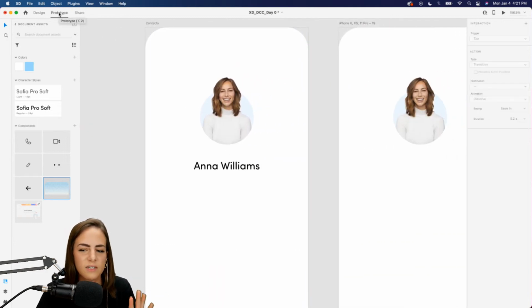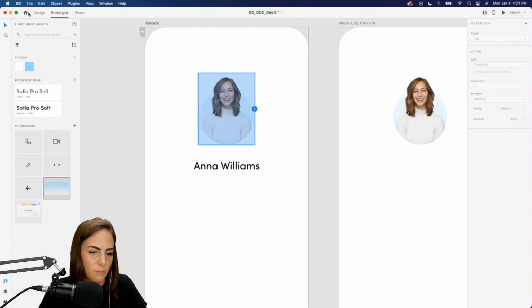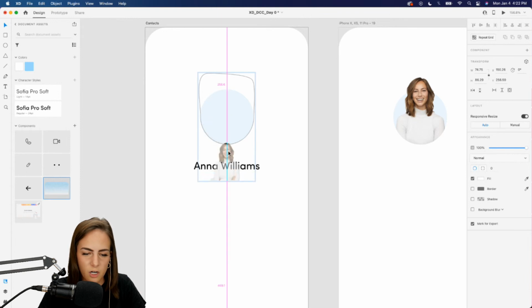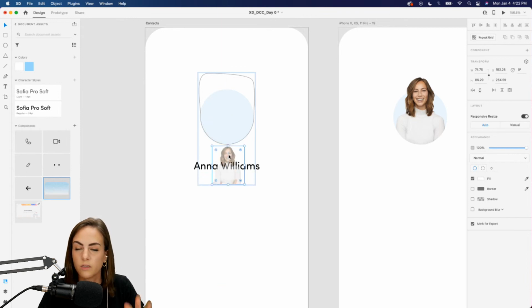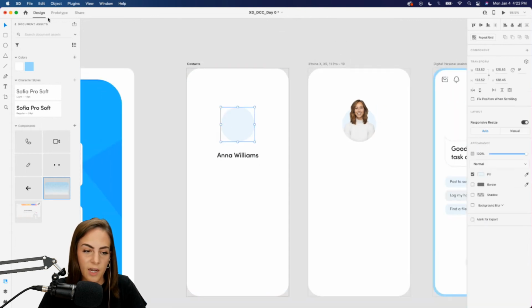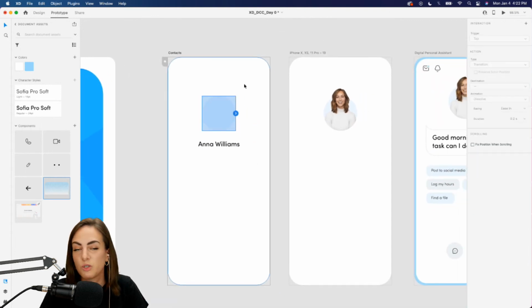We'll be diving into this a lot more in subsequent daily creative challenges, but just something fun to show you for today. We can dive in here on this first artboard. Maybe we bring her kind of below. This is within a clipping mask. We can bring her down, and then maybe when we go into the prototype tab and we just drag that